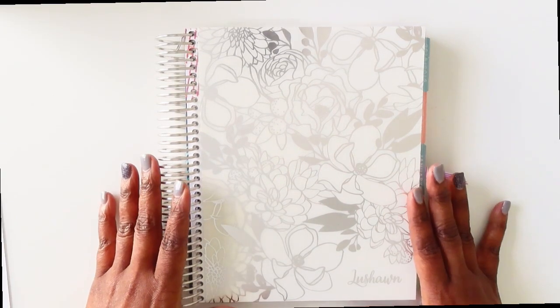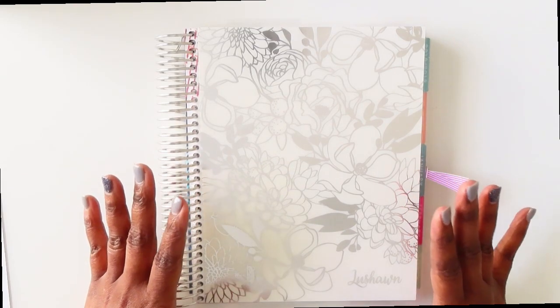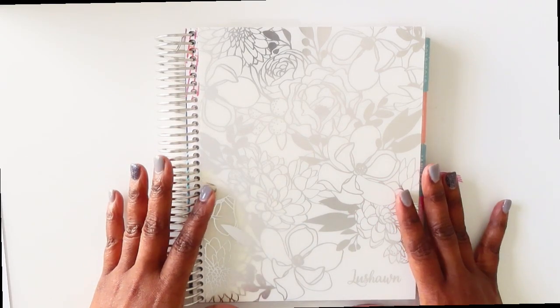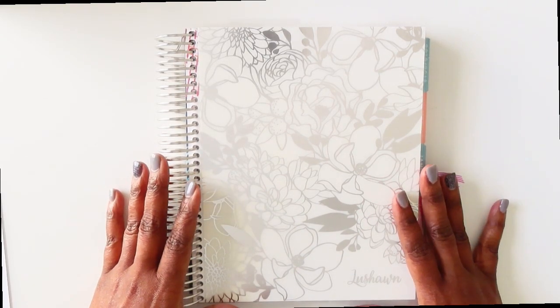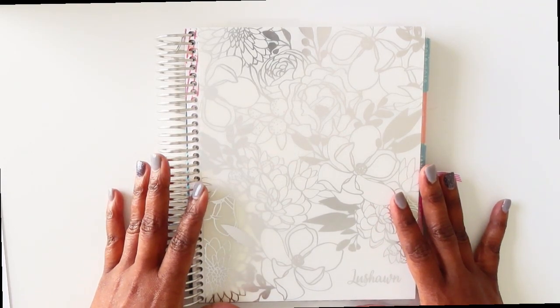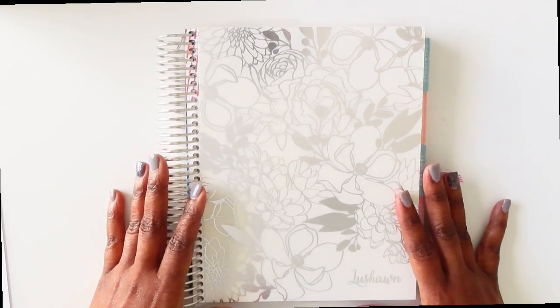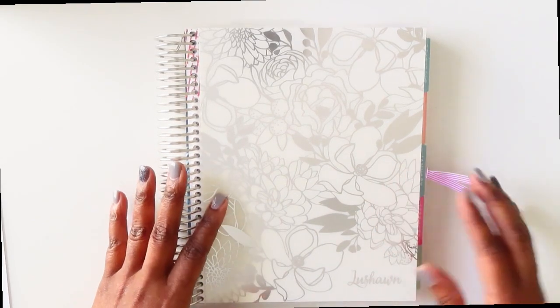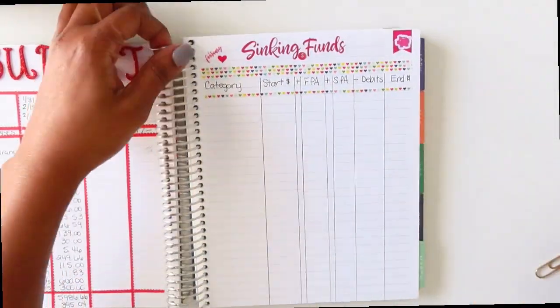Okay, as per usual, I am utilizing my Erin Condren Deluxe Monthly Planner for all of my budgeting needs. So that includes budgets, any of my tracking, savings, debt, sinking funds, paycheck to paycheck, everything that has to do with my monthly numbers, or anything that I want to track from a financial standpoint is in here. So let's go ahead and turn to my sinking funds